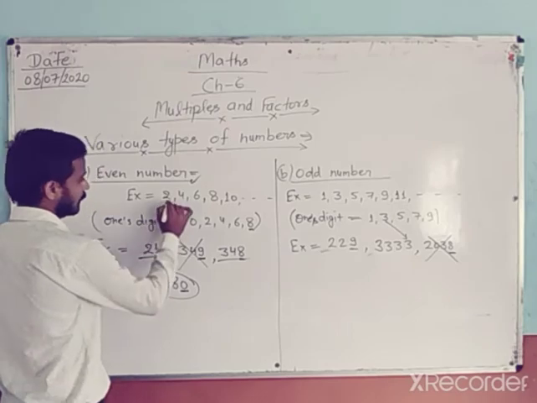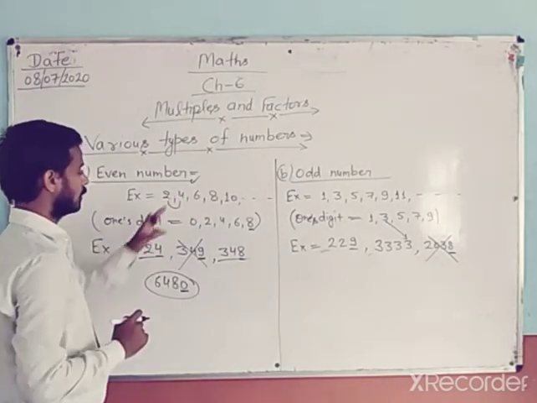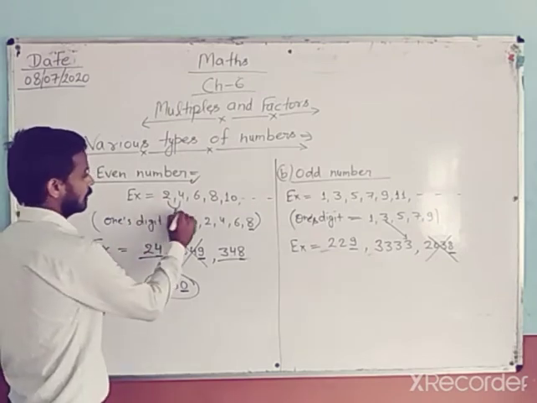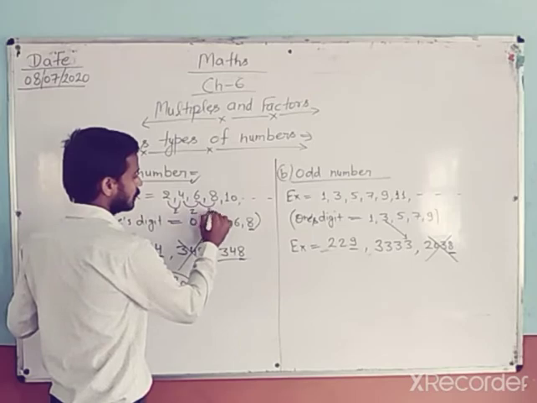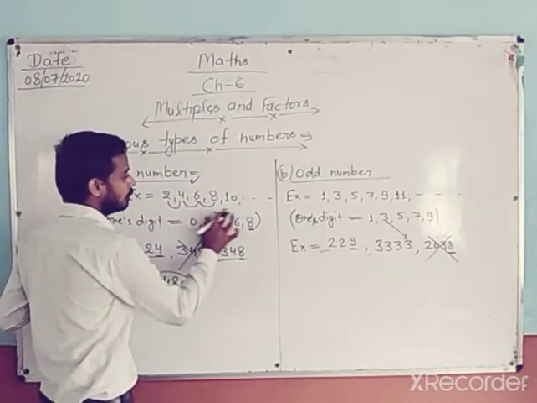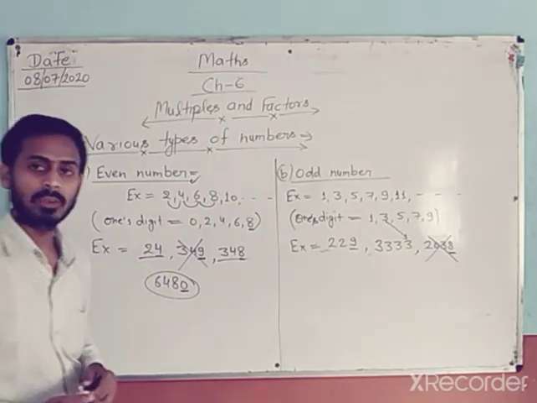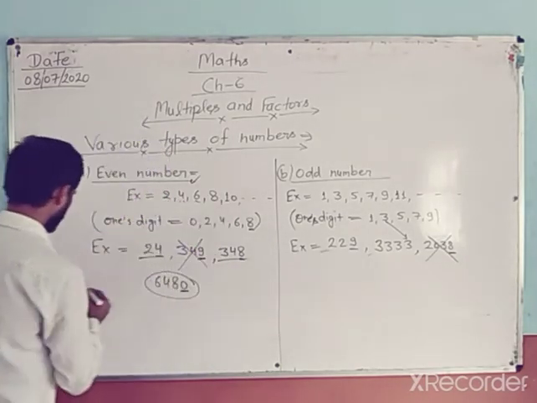See, the difference of this is 2. 4 minus 2 is 2. 6 minus 4 is 2. 8 minus 6 is 2. So these are called consecutive even numbers. Consecutive even numbers. See, if we take another example,